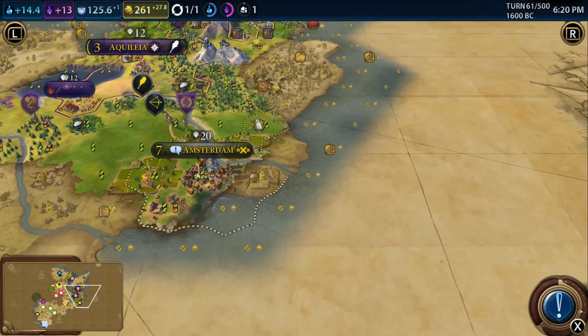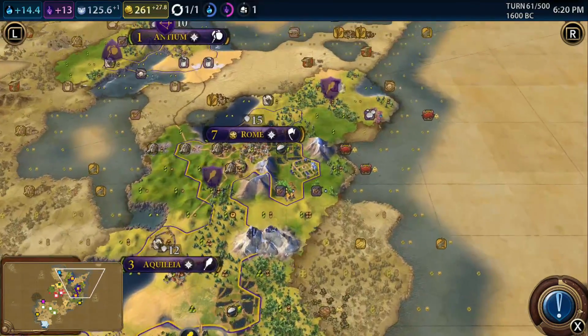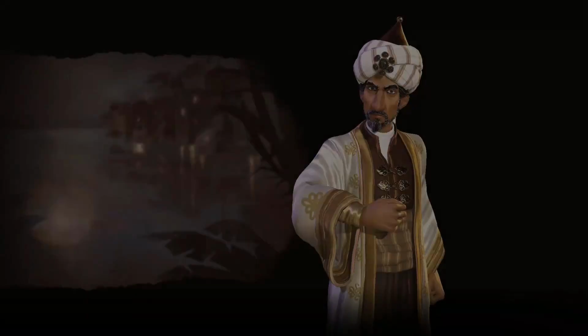Now, hopefully this isn't going to take ages. It should be fine. We should have enough troops, especially when we start amassing things. And I just think it'd be a really nice addition to our empire. You can just defend there. Furthermore, with Amsterdam, it's like...